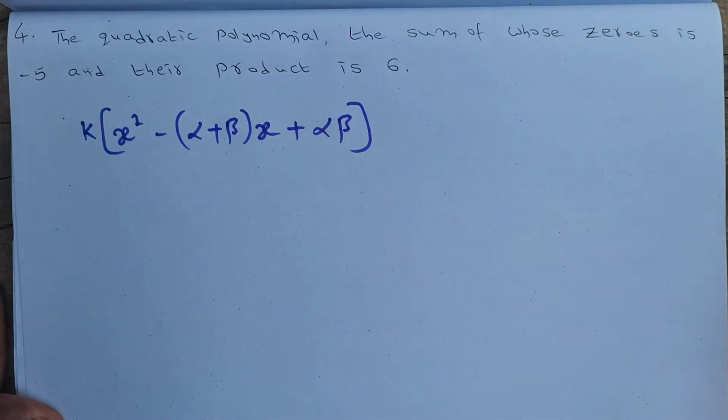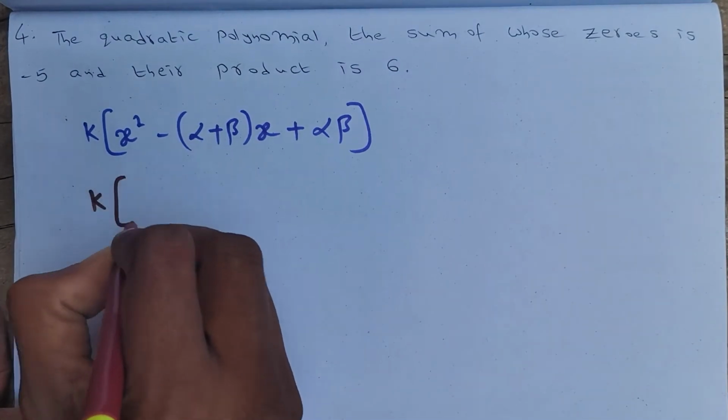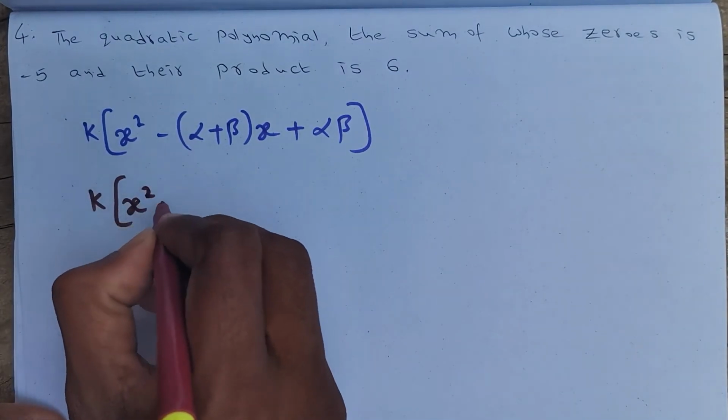This is the formula we will use when the sum of the zeros and product of the zeros is given to find the polynomial, especially for quadratic only. This is not workable for cubic or linear or more than 3 degree. It is only for quadratic, that is degree 2. Okay, now k as it is into x square minus